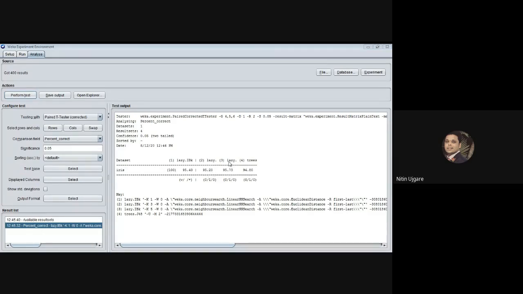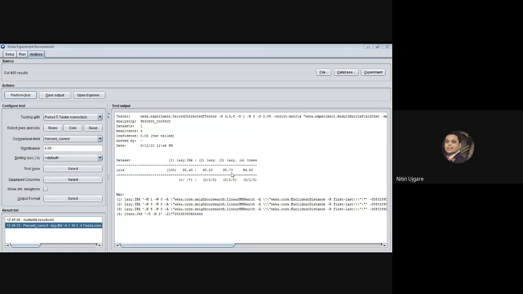Whereas when K is 5, we got the accuracy 95.73%. And for the J48 tree, we got the accuracy 94.80. So from these accuracies of the multiple classifiers, I came to know that the KNN algorithm with the value of K equal to 5 gives me the highest performance. So based on this evaluation of multiple classifiers, I can select my algorithm.